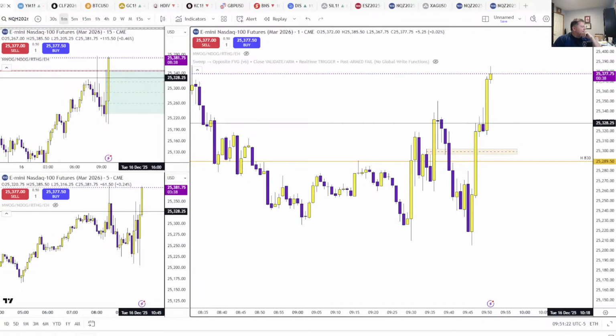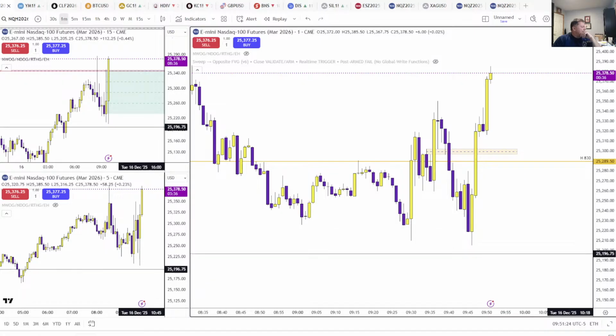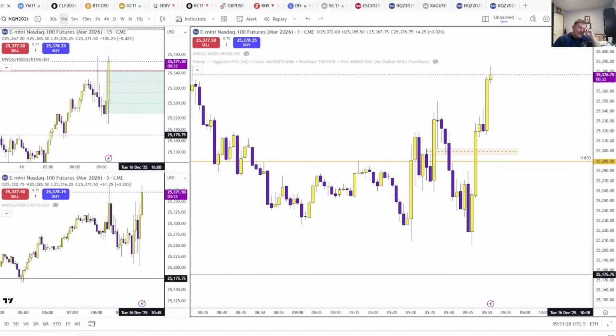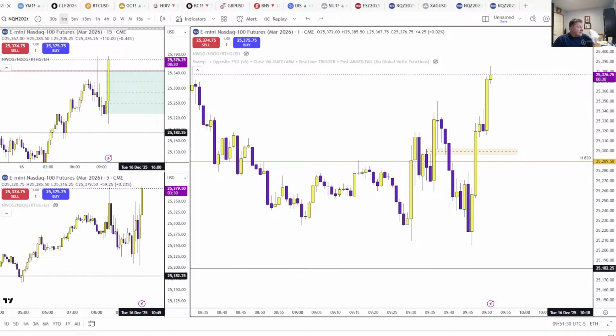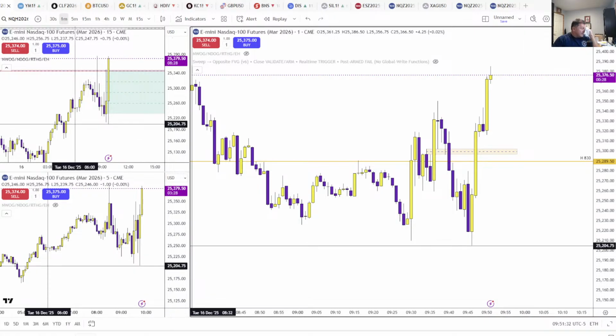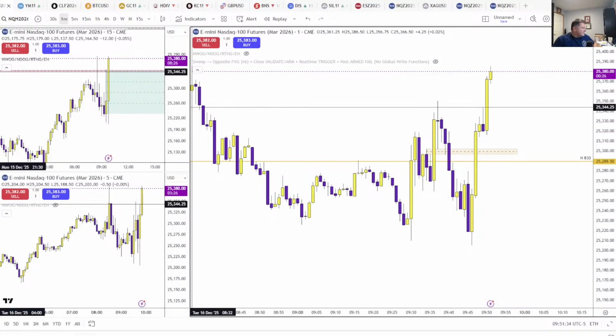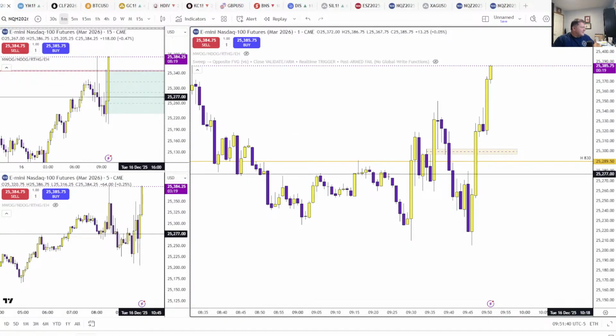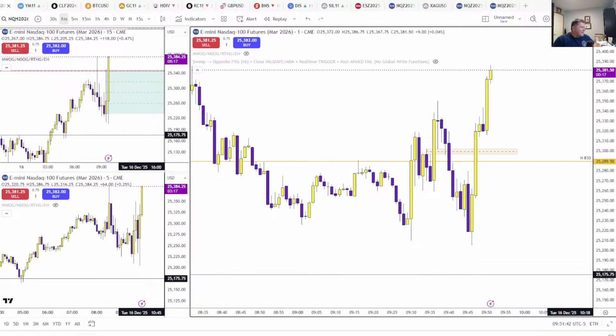Yeah, the 4 hour is 328 to 175. So that's a long way down for this stuff. If we close above that 349, 350, and start to retrace back down, we can come all the way down